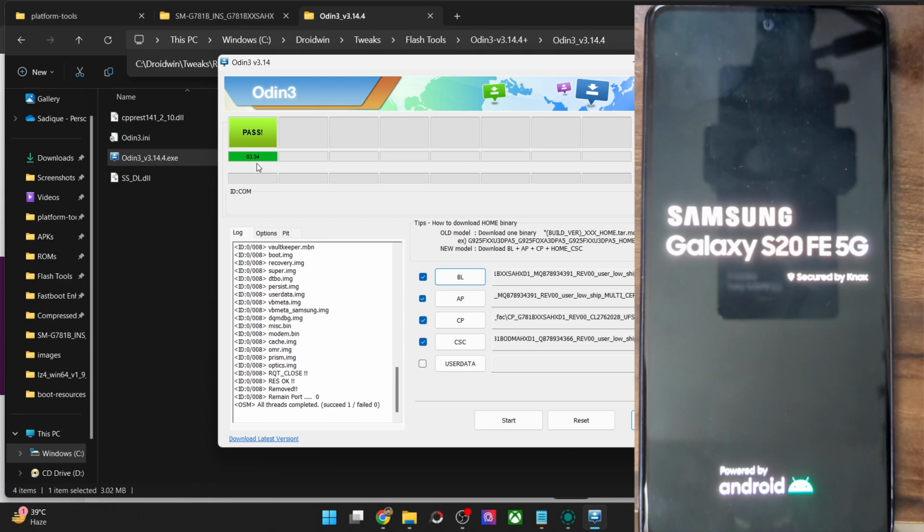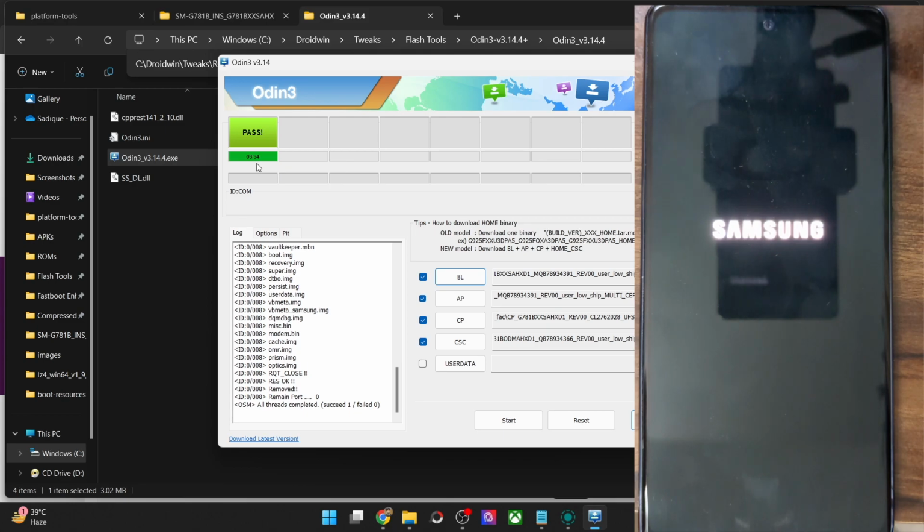In some cases, your phone might now boot to the stock recovery, and it will ask you to do a format data. So in that case, simply use the volume key to highlight the factory data reset or the format data, and press the power key to confirm, and only then will you be able to boot to the OS. In our case that might not happen because we have already flashed the CSC file, and by flashing the CSC we have already done a format data.